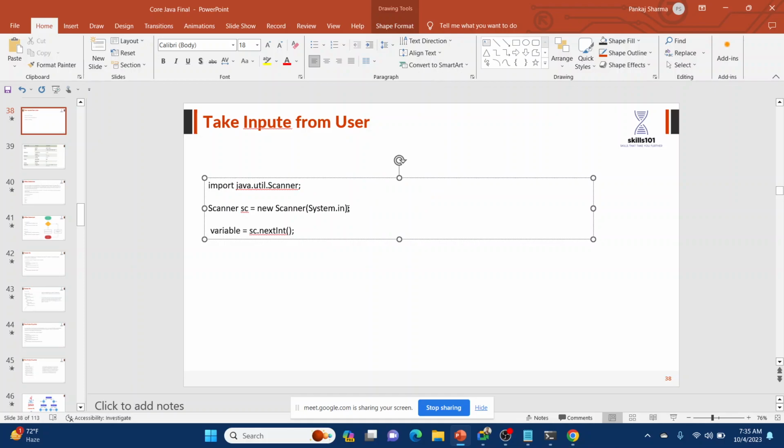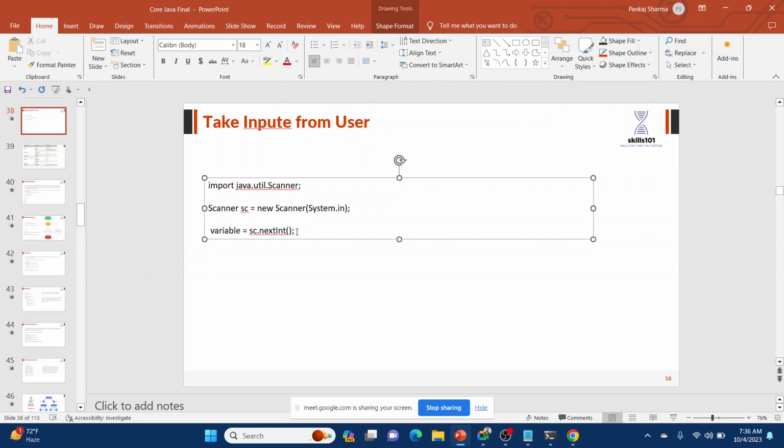System.in is for the keyboard, and there is a function in the Scanner class, that is sc.nextInt. Meaning sc is the object of the class, and nextInt is the function of that class. What it will do is scan the integer from the keyboard.